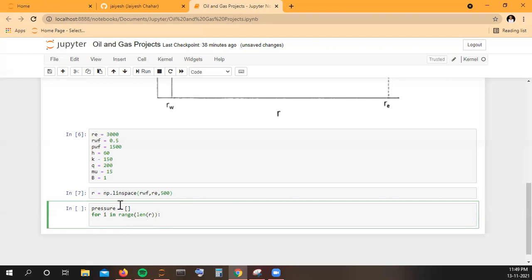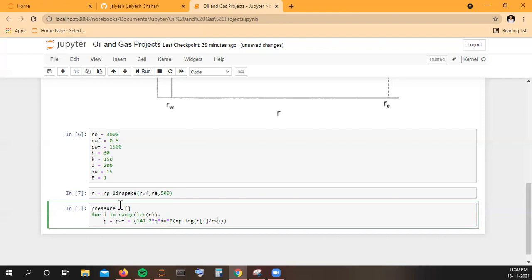Now we will calculate the pressure P at radius R. That will be P equal to PWF plus 141.2 multiplied by Q, viscosity, and then my B will come: Q mu B. And with them there is this log term, np.log of my Ri, that is my radius again, divided by Rw.